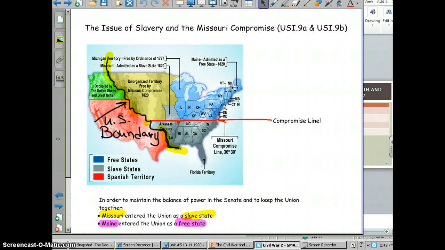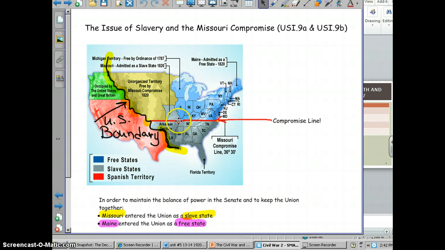Furthermore, a new boundary line was drawn between the North and the South, indicated by the red line. And it was hoped that in the future, anything that applied for statehood above the line would have to come in as a free state, and anything that applied for statehood below the line would have to enter as a slave state. This compromise was in existence and worked relatively well from 1820 up until 1850,